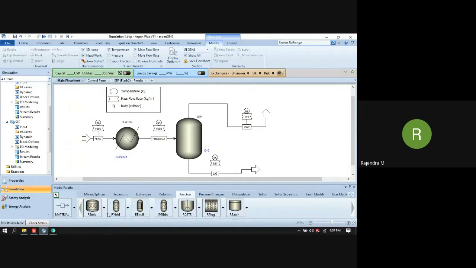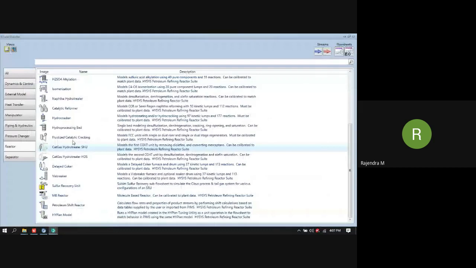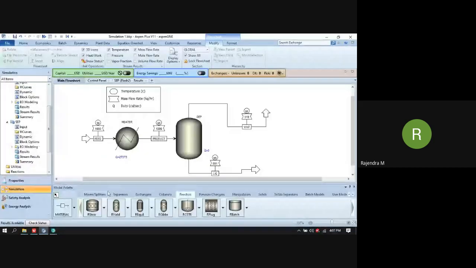And there is a stoichiometric reactor. So what is this? Stoichiometric reactor based on the conversion. Like in HYSYS, we have the conversion reactor; here it is the conversion reactor in Aspen Plus, the same reactor is there, but its name is different. It's a stoichiometric reactor. So when you know the fractional conversion or the extent of reaction of species, then you can run this reactor and you can get the output from this reactor. Okay.